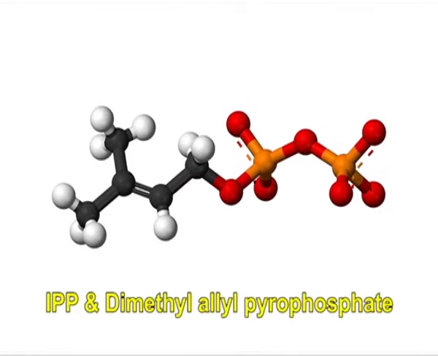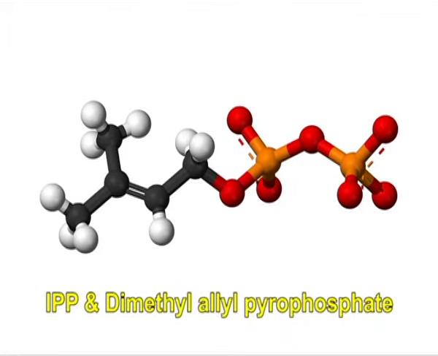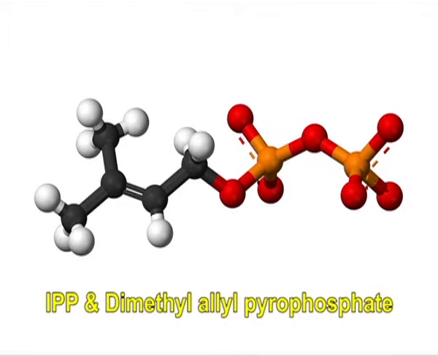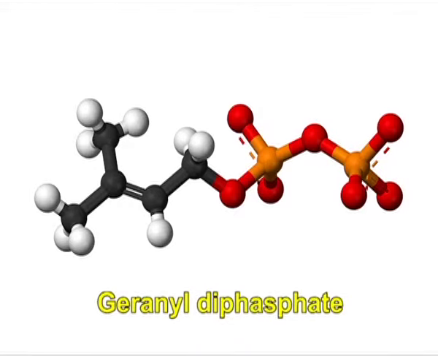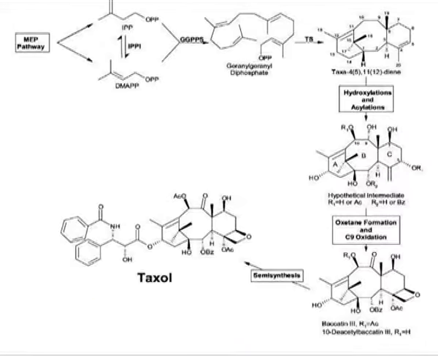Isopentenyl pyrophosphate and dimethylallyl pyrophosphate combine with each other and lead to the synthesis of geranyl diphosphate. By using the Taxol synthetase enzyme, this geranyl diphosphate gets converted into taxa-4(5),11(12)-diene, which undergoes several hydroxylation, acetylation and oxidation reactions and leads to the formation of the intermediate baccatin